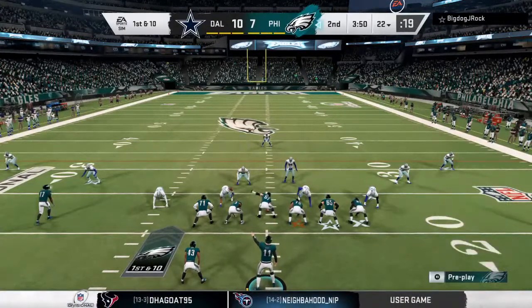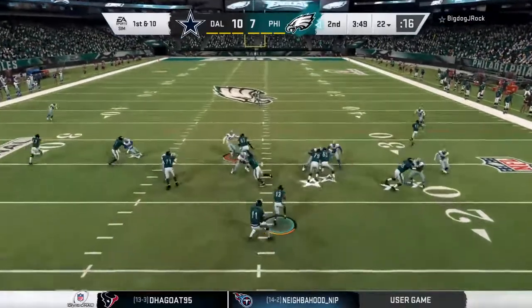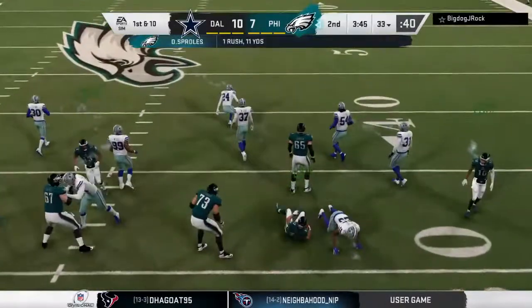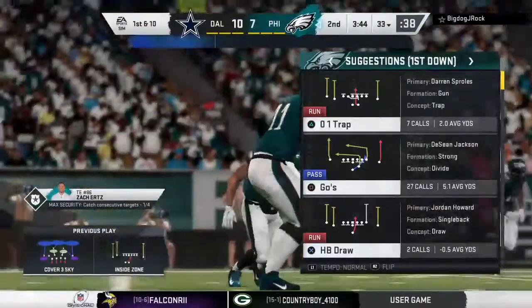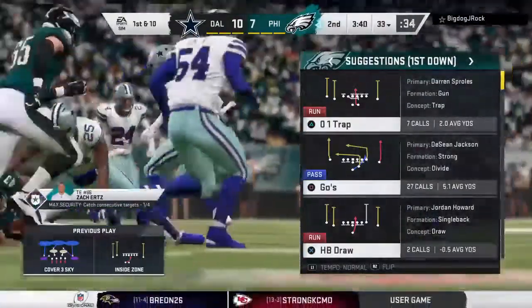Joker. Down the man inside. Down the man. You got tight right there. Now it's the all-purpose back. This is Darren Sproles. And he's got it past the 30 before he's hit and dropped. It's an Eagles first down on a gain of 11. Tremendous blocking by the interior of the offensive line. They didn't just